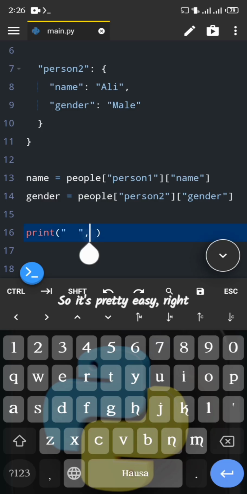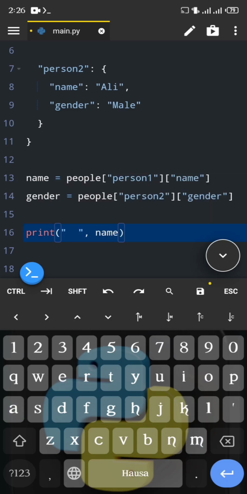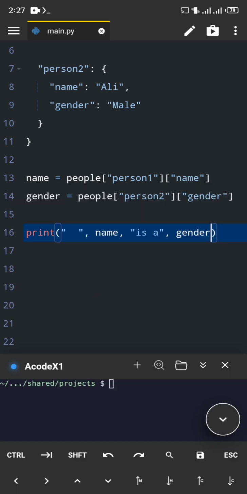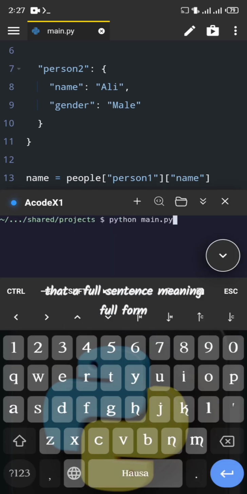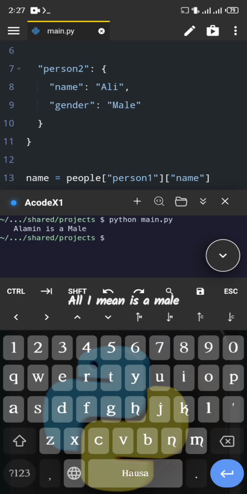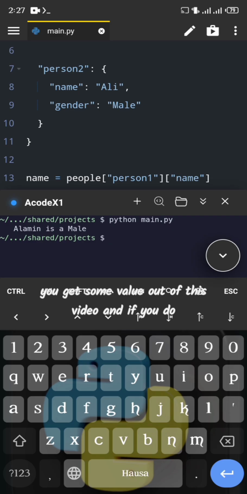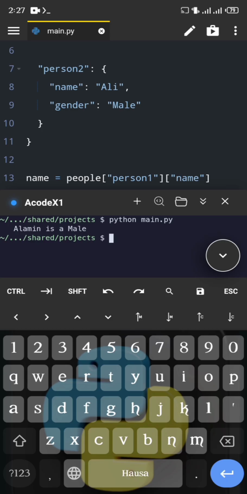Okay, so it's pretty easy, right? We'll print name, then we add a comma, and then another comma, and then gender. That's all. So if you print this, we're gonna see a full, meaningful sentence. Alamin is a male. So I hope you get some value out of this video, and if you do, please do the usual things on YouTube and